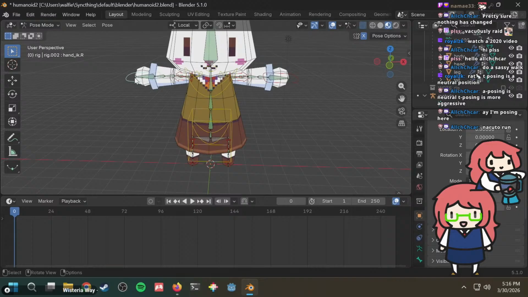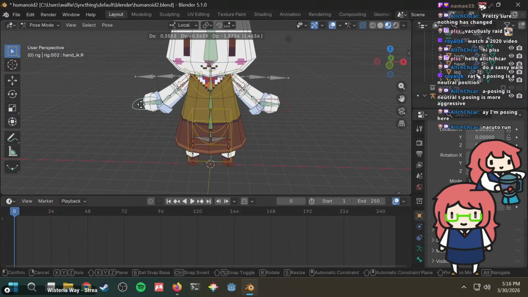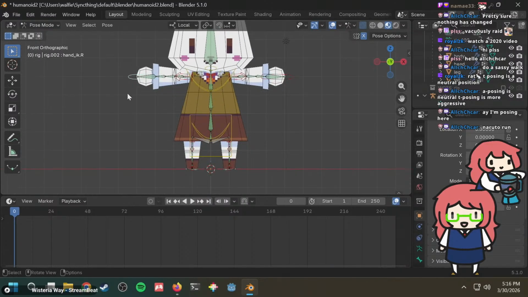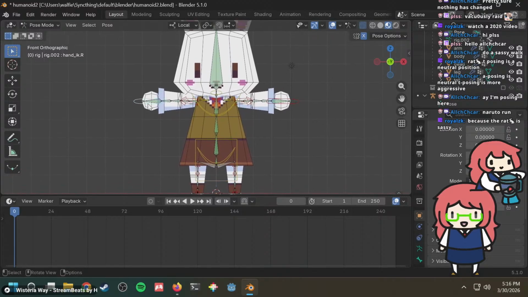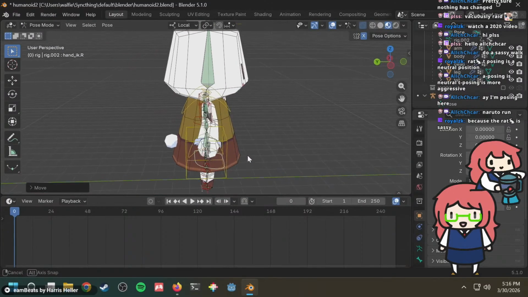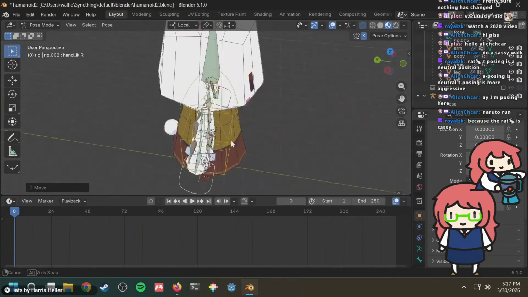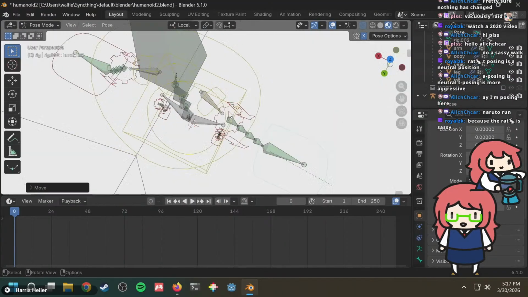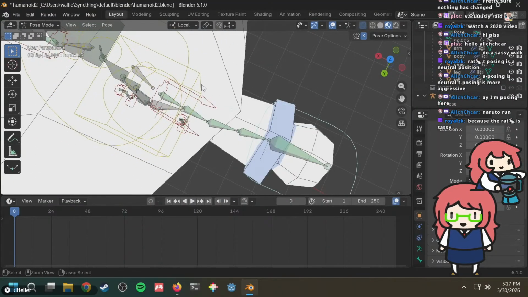We want to grab this and then move it downward. I just want it to move only downward. Like here, right here, that's good. Is it because the bones are rotated strangely?